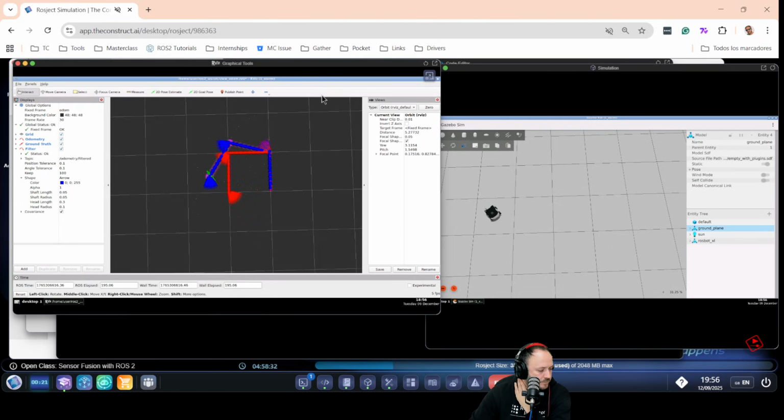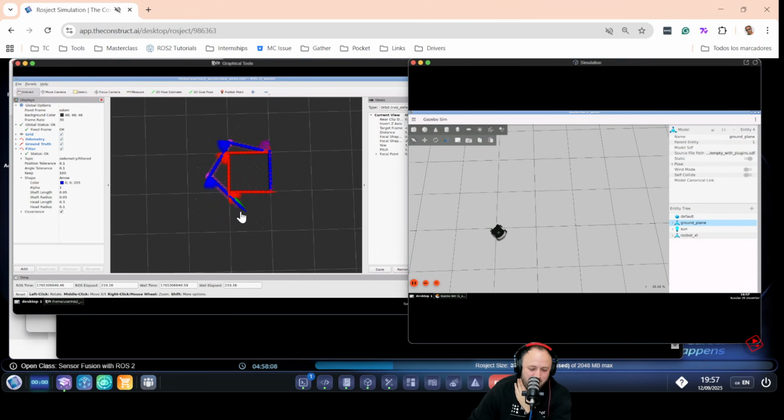And there it goes, the perfect square for the odometry, and what's going on in